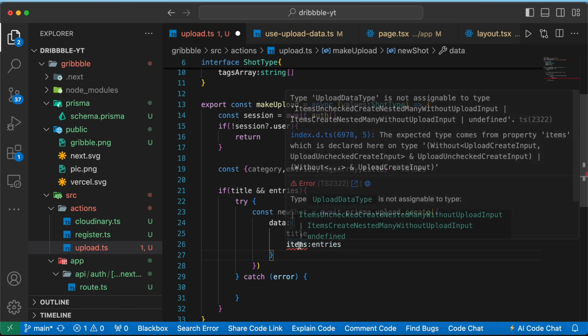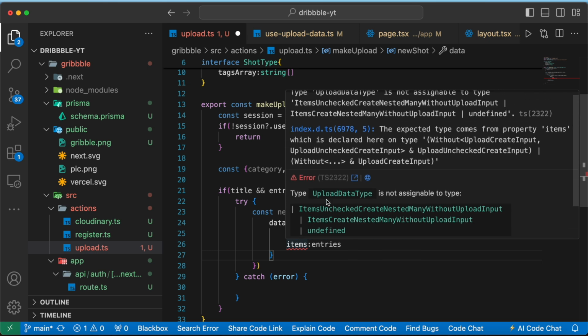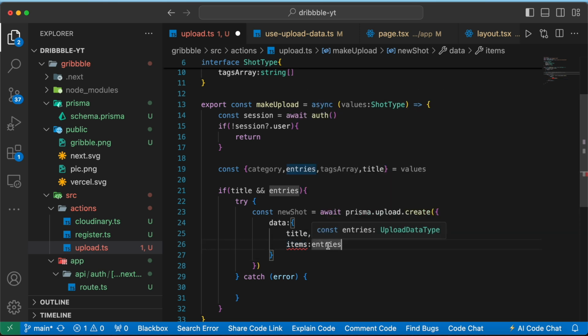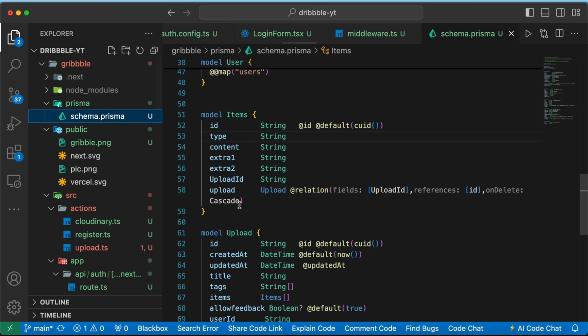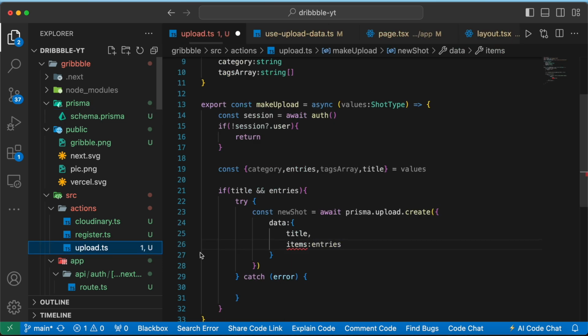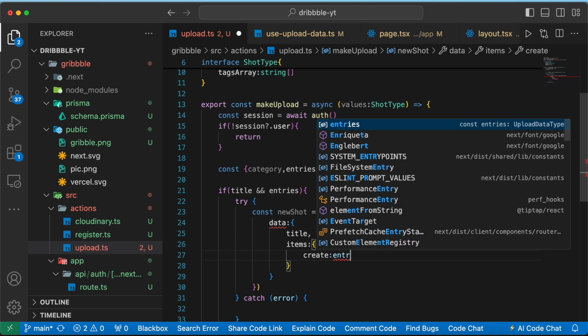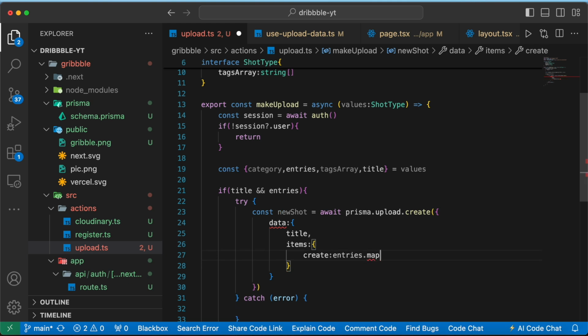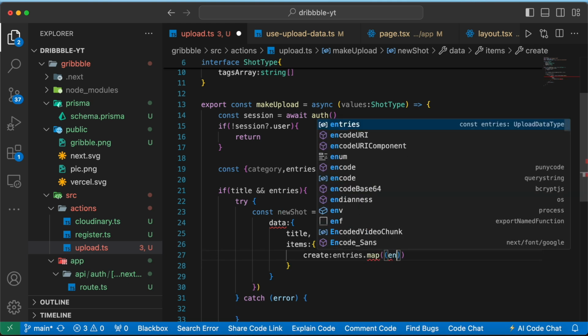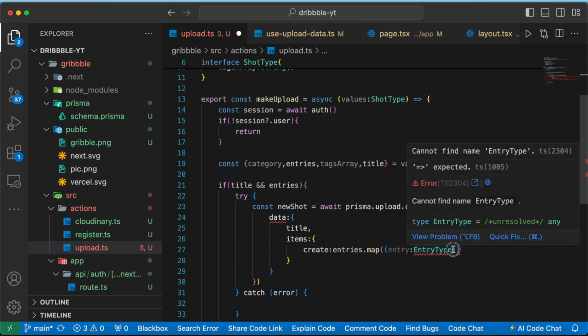And now as you can see here, this is giving us an error, and the reason is that right now this entry does not contain uploadId. Okay, and also we are trying to make the items here with this upload model. Okay, so we cannot actually directly add the entries over here. We have to use the create method inside our items, and this will be equals to entries.map. We are going to use map here. Okay, and we are going to get entry, and the type of entry will be